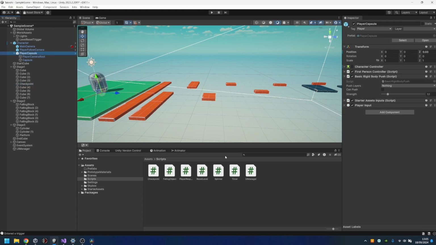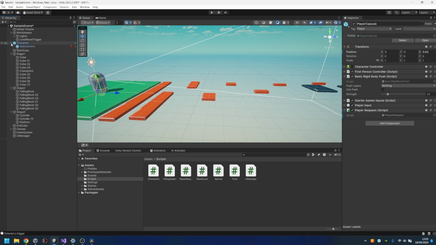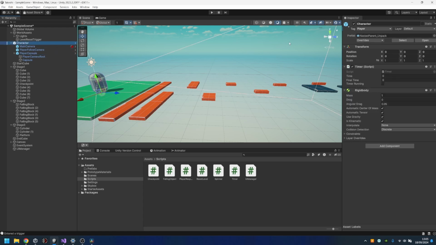On the player capsule, you're also going to need the player respawn script added onto it. Okay. These are two vital things. You need to make sure that the player respawn script is on the player capsule. So if your prefab is at the top level, drill it down, player capsule, and then drag it on. Okay, so it needs to be on the player capsule itself. Make sure again the character is tagged as player, and then all the other prefabs underneath it will also be tagged as player. So when I hit play,